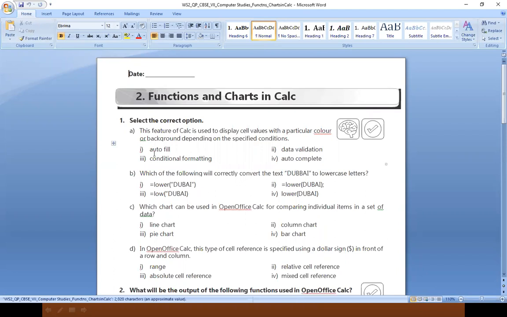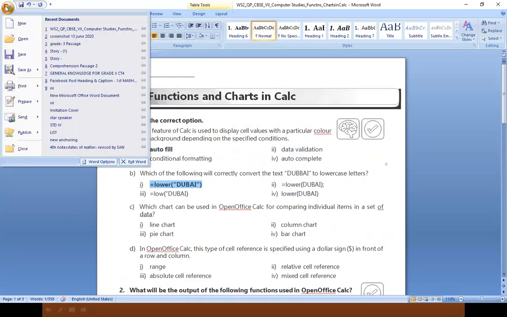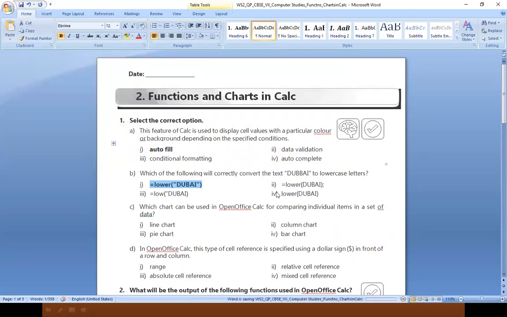You can select the answers and bold them. Choose any formatting. You can give any color also. If you don't want to do any formatting, you can delete all the options which are wrong. For example, I'm selecting the right answers only, in bold. Once you have edited the file, go to the menu bar and click on the save option. Once you have saved, close the document.